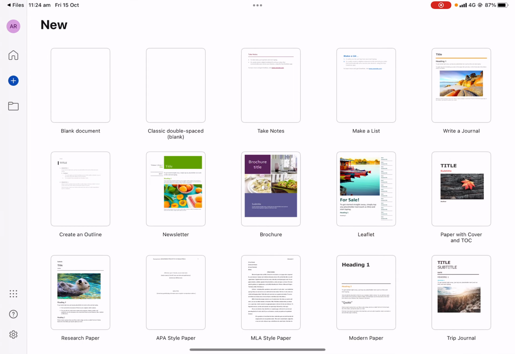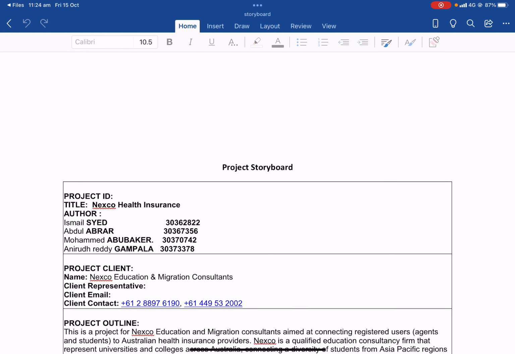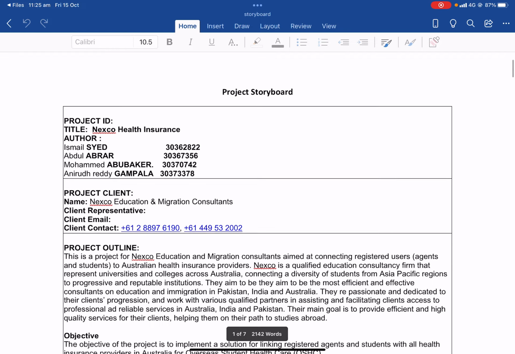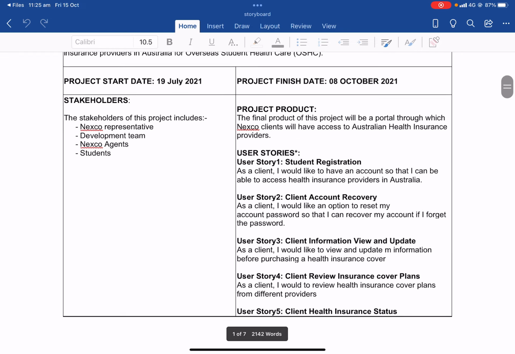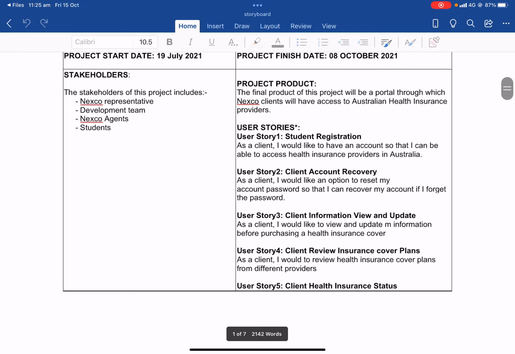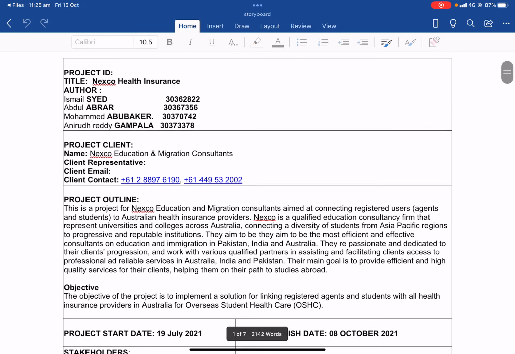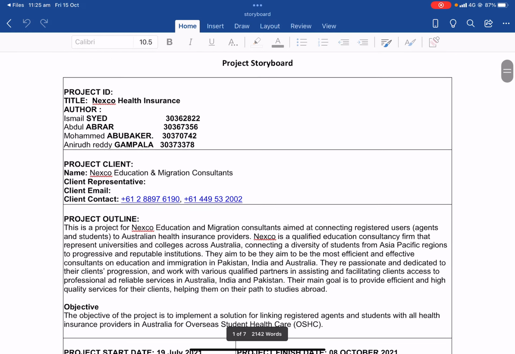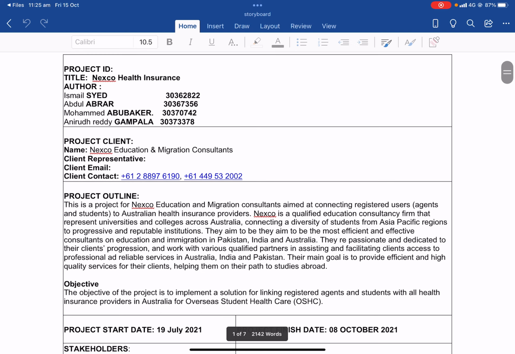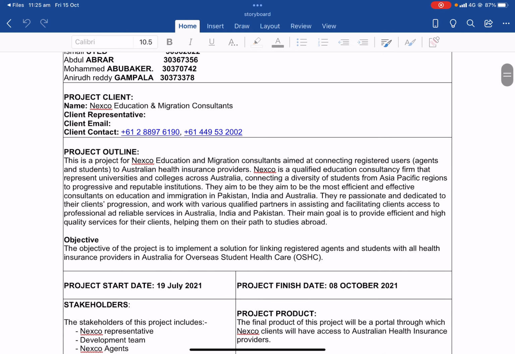This is the storyboard. This is not the final edition. This was the draft copy which I worked on, and these are adding on some things. This is the storyboard which I worked on, and these are our team member names and the client details